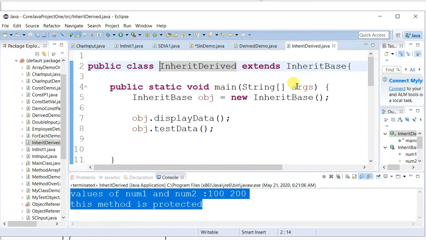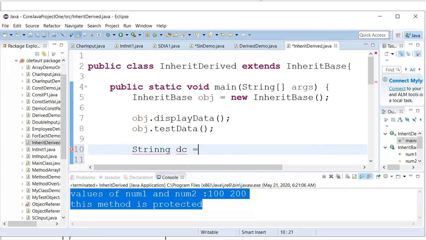And apart from that, the inherit derived can have its own properties. Let us say string derived class equal to we are in subclass. I am just giving one sample string, and it is again treated as a class member of inherit derived class.